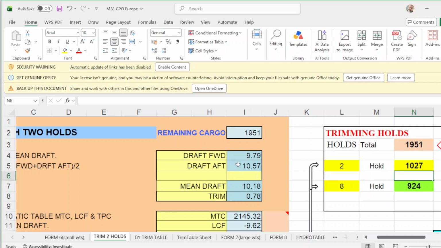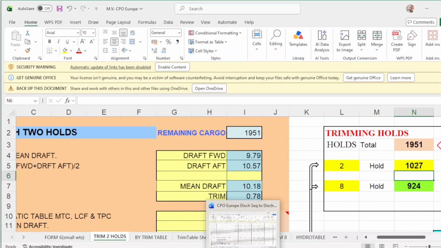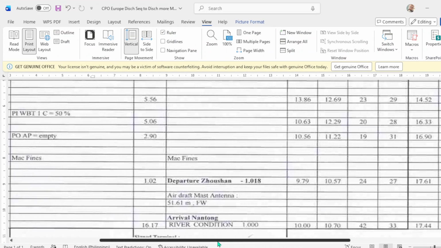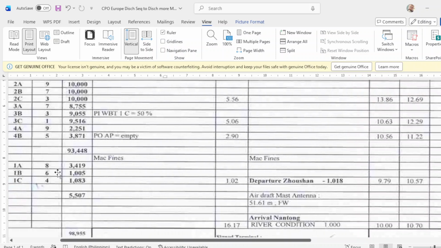And take note of the initial draft forward of 9.79, aft of 10.57. Your mean draft is 10.18. Now the trimming, according to the plan, the trimming hold is 864.